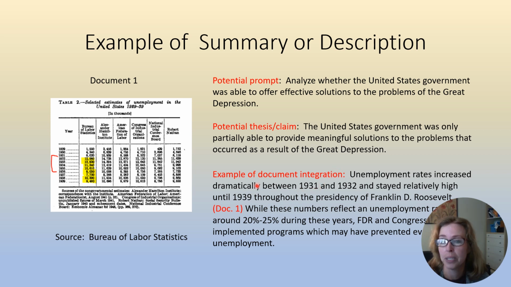Here's an example of how you would integrate this chart. Unemployment rates increased dramatically between 1931 and 1932 and stayed relatively high until 1939 throughout the presidency of Franklin Delano Roosevelt. And then you would put document 1 to reference the document. And here's where it says the document name. Sometimes this can be A, B, C, whatever. So then if it was letters, you would say document A, or whatever the case may be. Well, these numbers, meaning these numbers right here, reflect an unemployment rate around 20 to 25%. During these years, FDR and Congress implemented programs which may have prevented even more unemployment. So that means that's